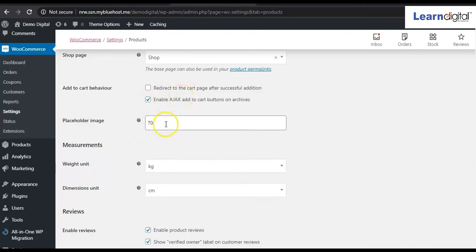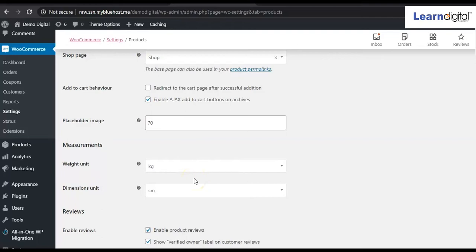And placeholder image, by default it has taken 70. So you can set it up accordingly. So what is placeholder image? How many products you want to show in your shop page, according to that figure you can set it over here, right? Then it is asking for the measurement or dimension, right?